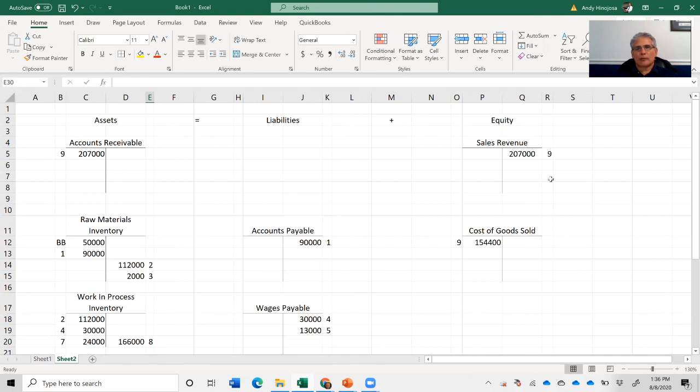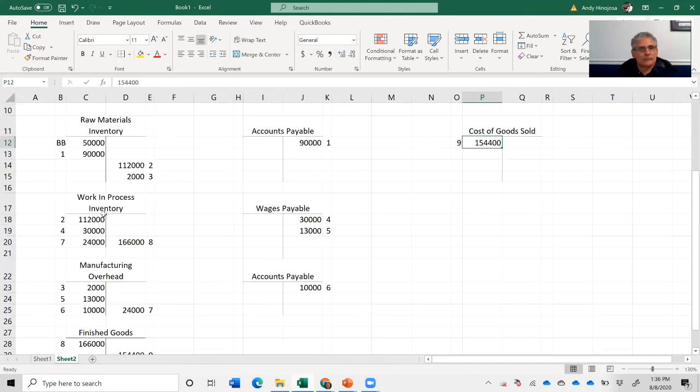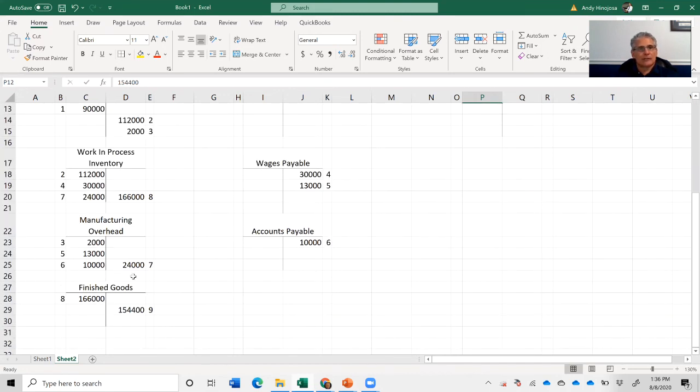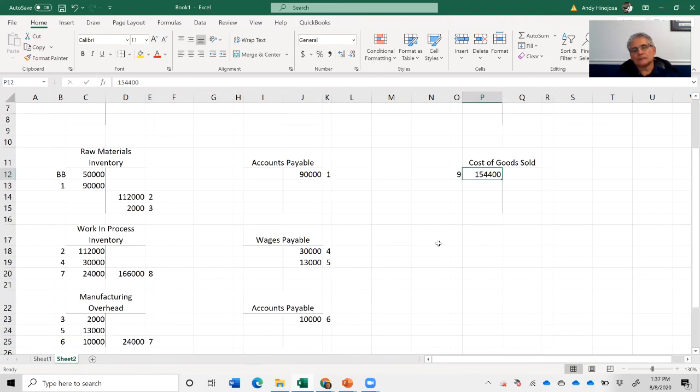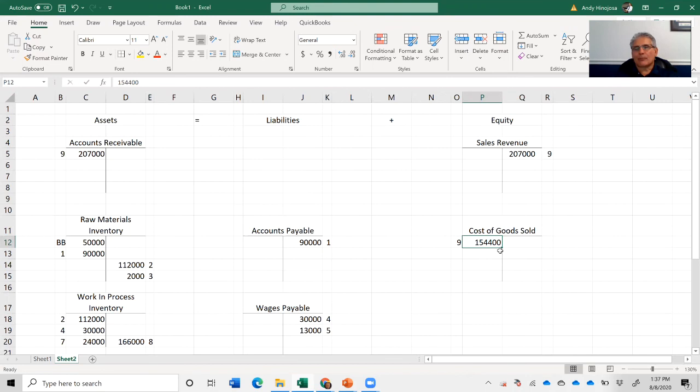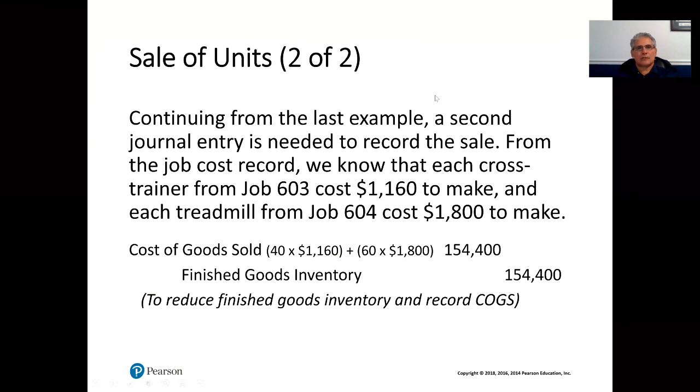So now we have the recording of the sale of $207,000 and the cost of goods sold of $154,400. But remember that $154,400 includes costs that were allocated from manufacturing overhead. So allocation means that it may not be perfectly exact right now because it was based on estimates. Okay, let's move on to